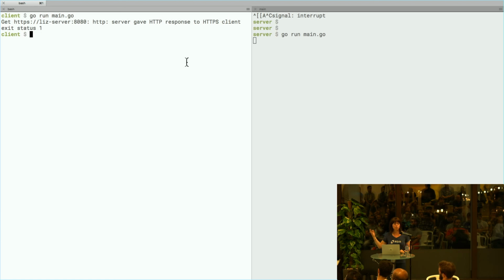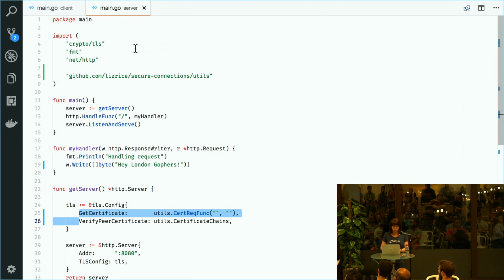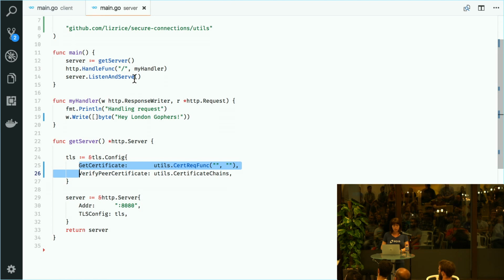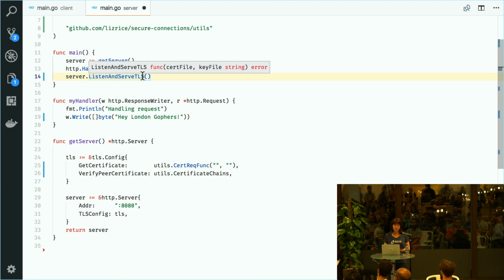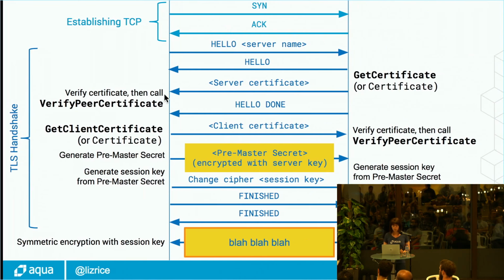So I need to set up my server to say we're going to use TLS. And as I'm sure you probably all know, we do that by using listen and serve TLS. And this function requires me to pass in a certificate file and a key file. So I'm just going to leave those blank for a second,